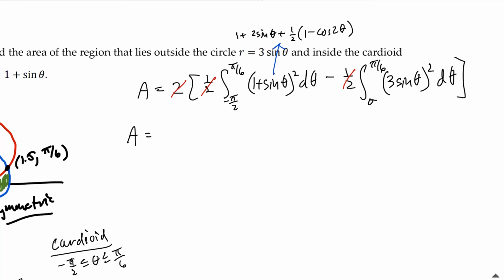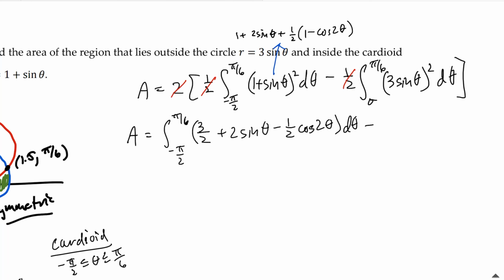which is going to give us, when we add it to the 1, from negative pi over 2 to pi over 6. So the 1 and the 1/2 combine to become 3/2. And then we'll have plus 2 sine theta minus 1/2 cosine 2 theta d theta. And then the integral from 0 to pi over 6